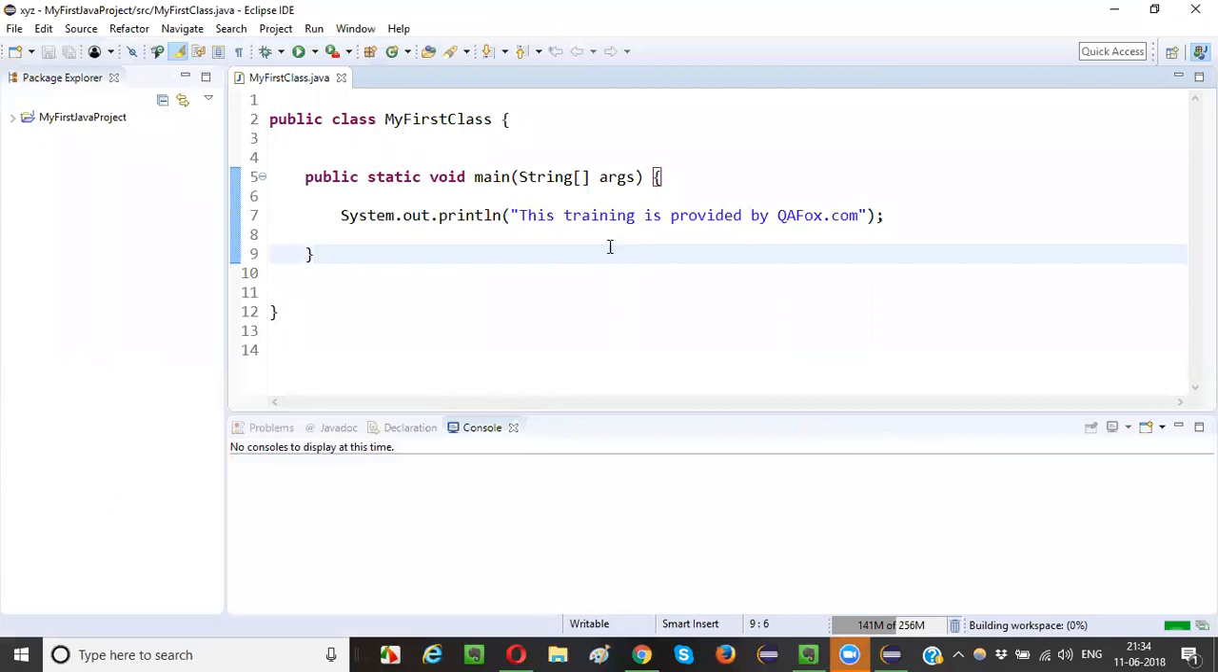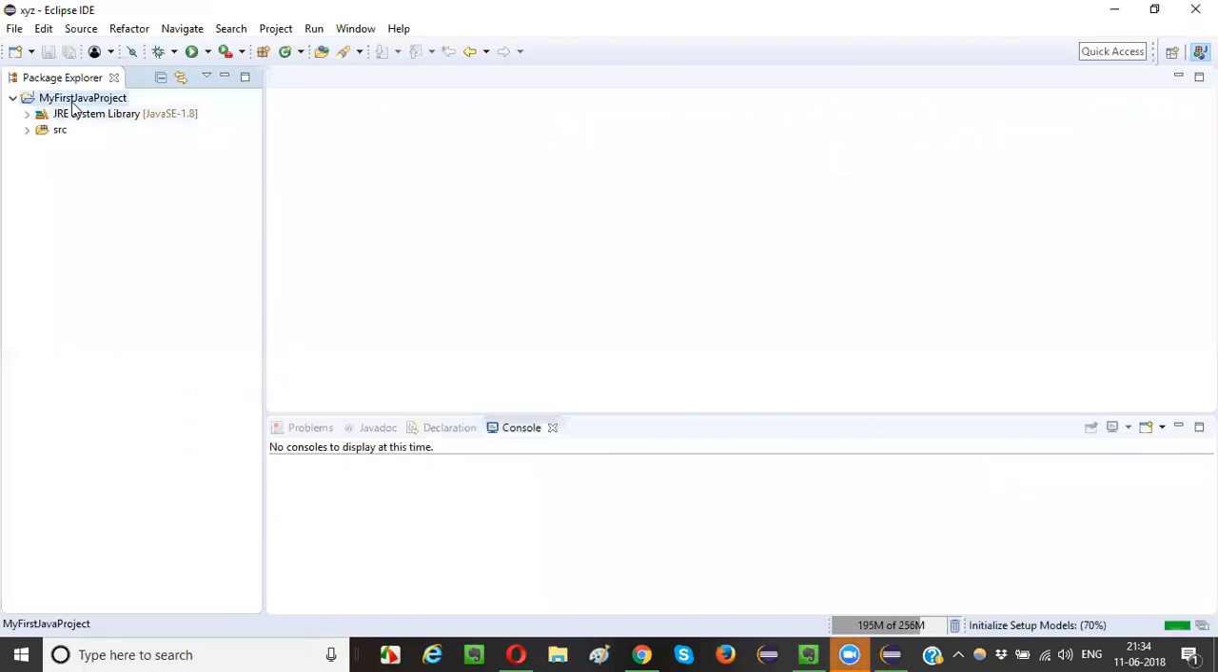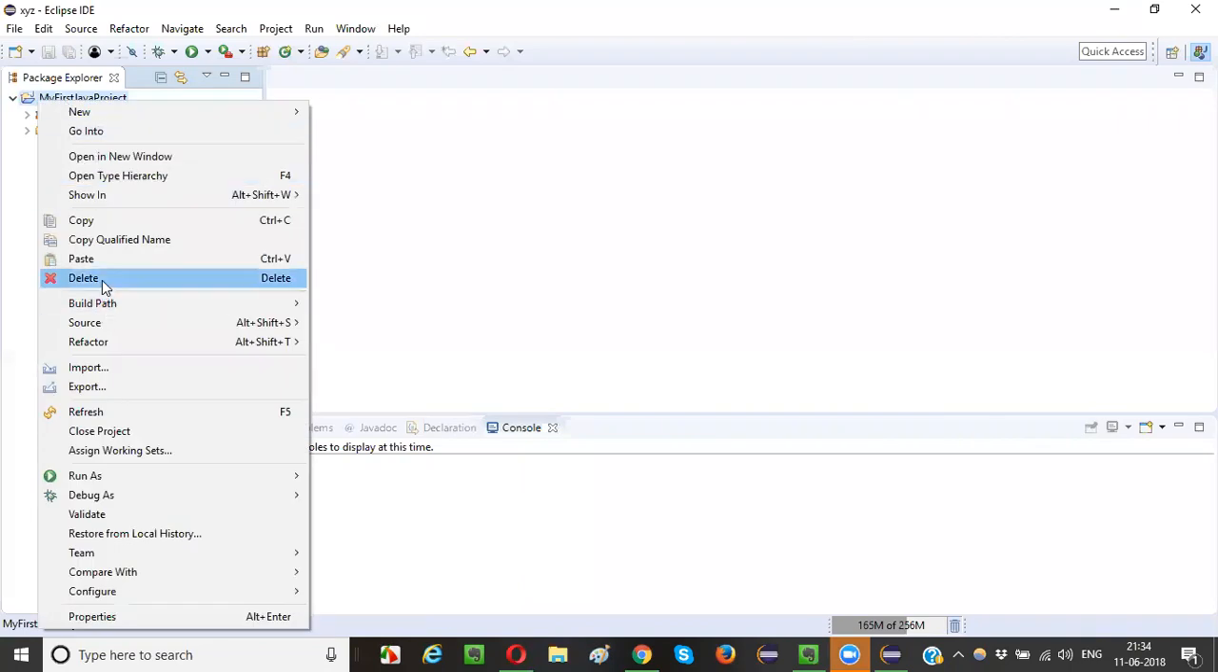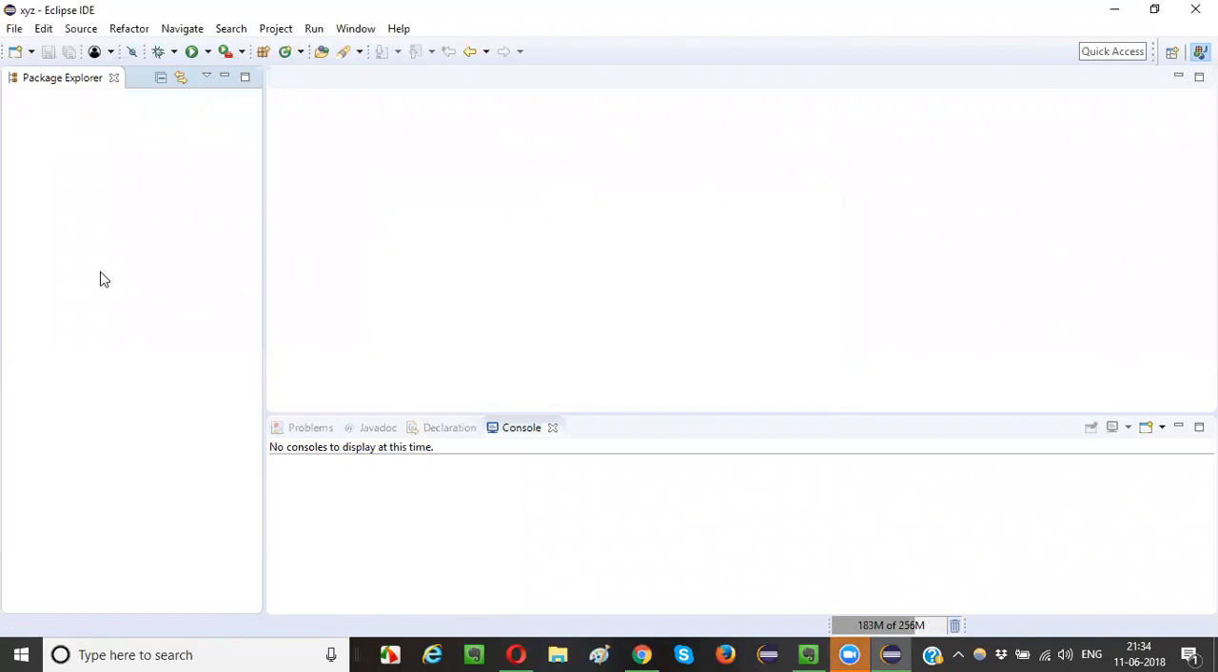Okay, it got launched. So this is the first program I explained to you yesterday, right? A high-level program I explained to you yesterday. This was my first Java project. Let me delete this one. Okay, I want to start afresh. I'm completely deleting the existing project. Now I want to